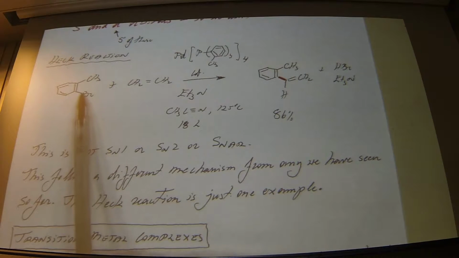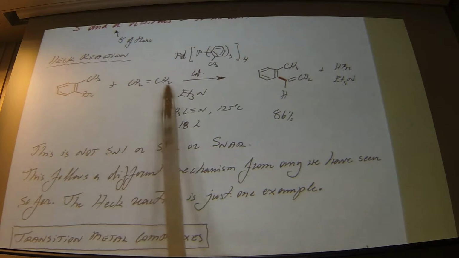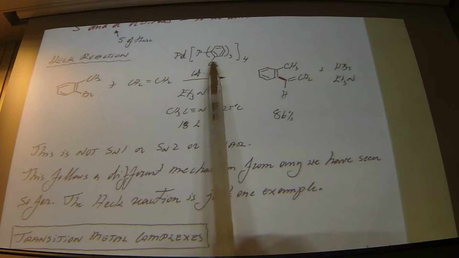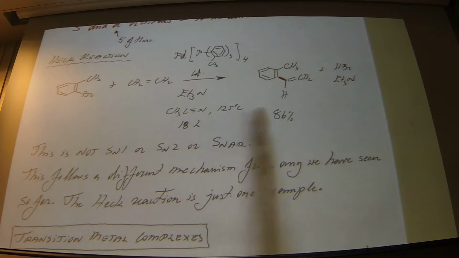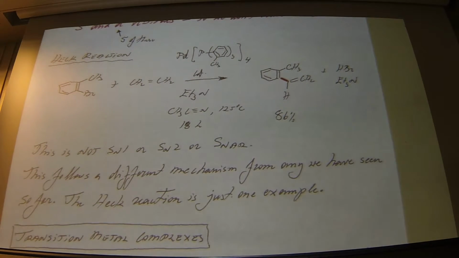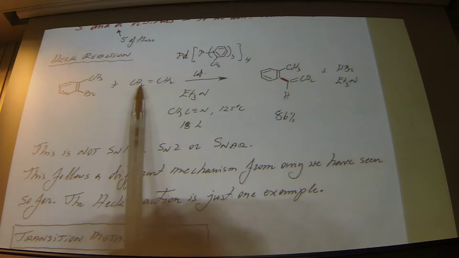You end up mixing an aryl bromide with an alkene in the presence of a small amount of palladium 0, a catalytic amount, and you end up with a very good yield of this styrene. And the first time you look at this, you think, boy, how the heck did that happen? Because look,